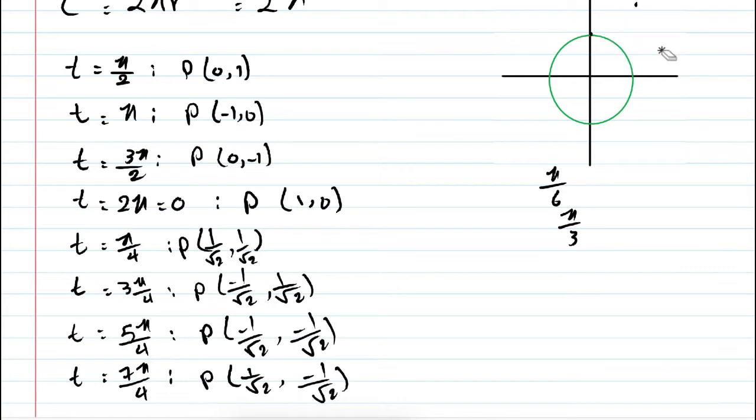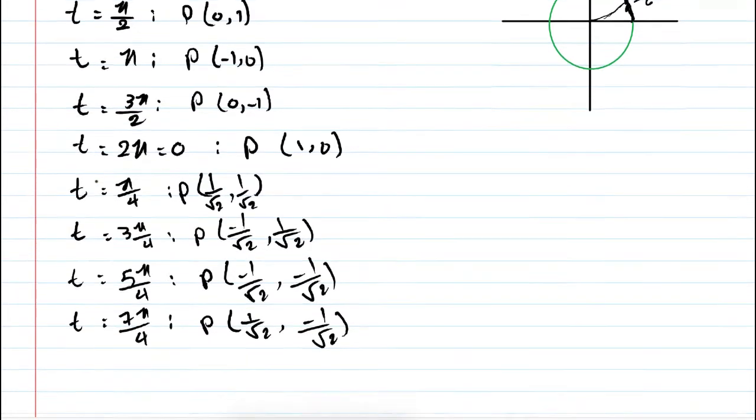Pi over 6 looks like this. If I travel this much, this will be pi over 6. Pi over 4 will be right here, and pi over 3 will be right here. And this is pi over 3. What are the terminal points at those distances? Well, if I delete this,